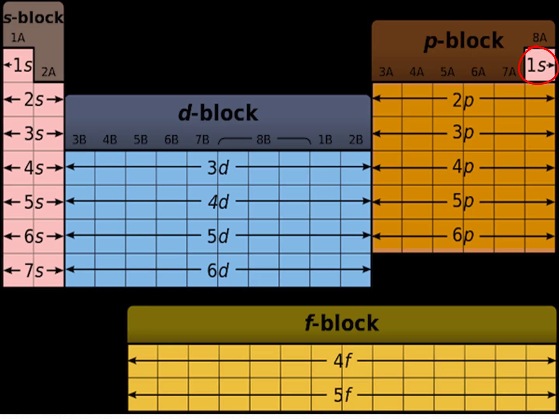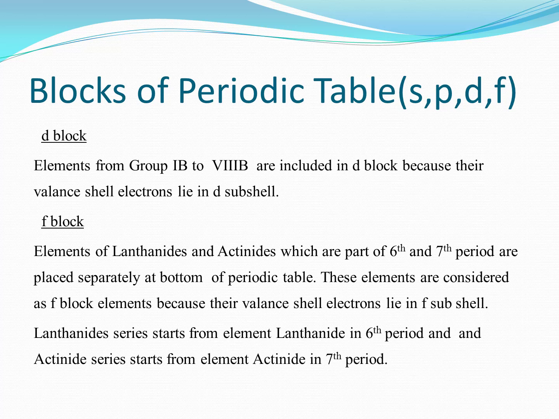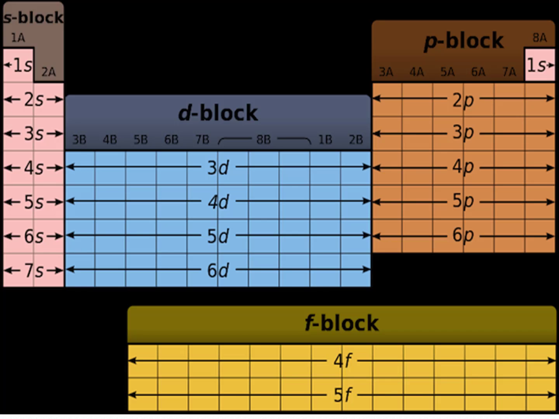Next is D block. In the diagram, we can easily see that D block is present between S block and P block. The D block elements are also called transition elements. These are metals. Basically, all the elements are metals, from group 1B to